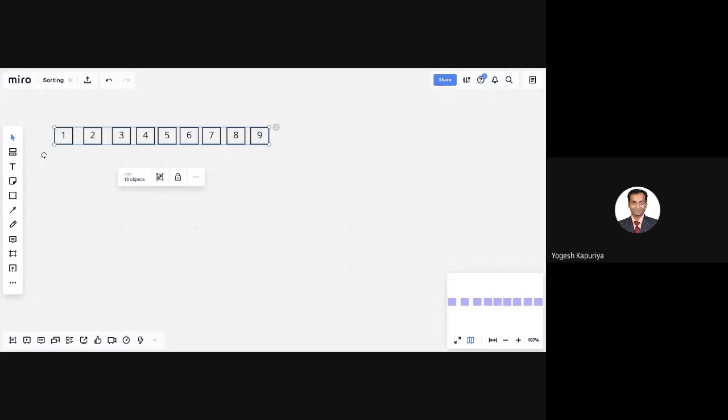So I hope the approach is clear, and I have taken 50 minutes also, so I think I should stop here. Still, we need to discuss the algorithm. Make sure that you write these points or you refer to my videos before we discuss the actual algorithm in the next class, because you need to recall the understanding behind quick sort before we discuss the actual algorithm. So that's all for today.